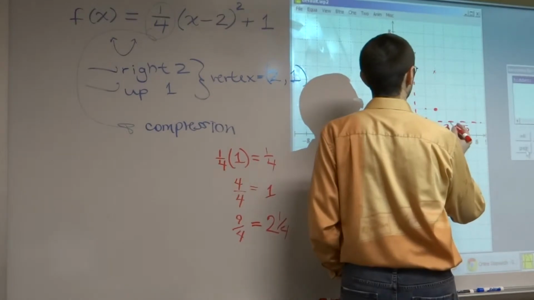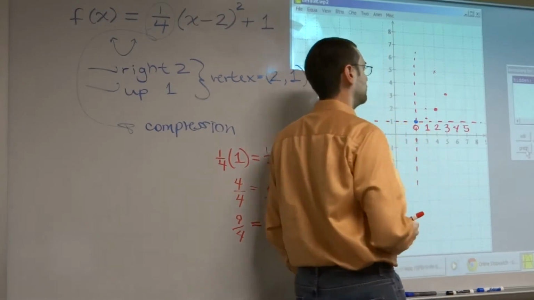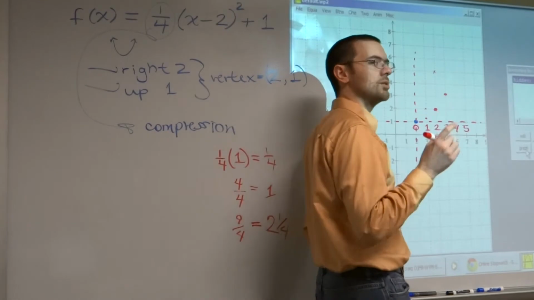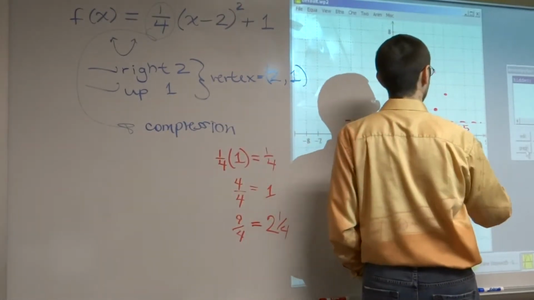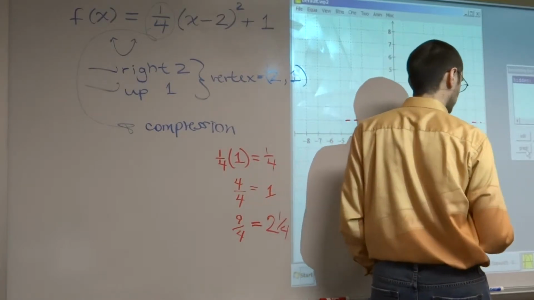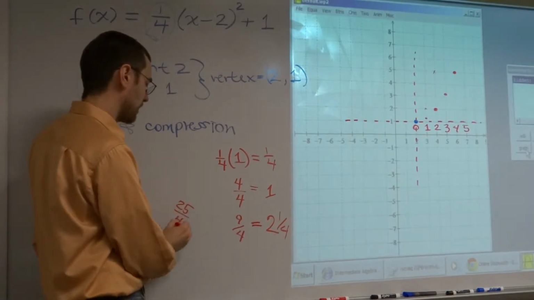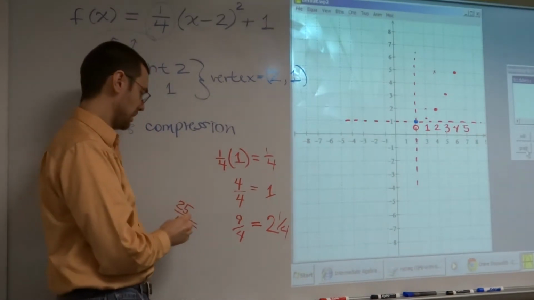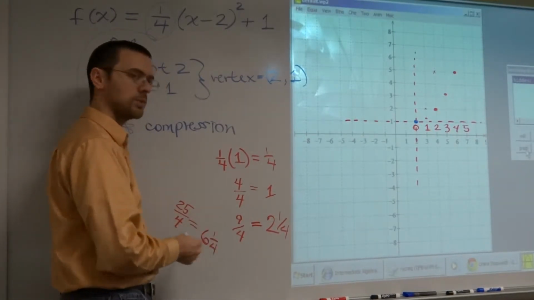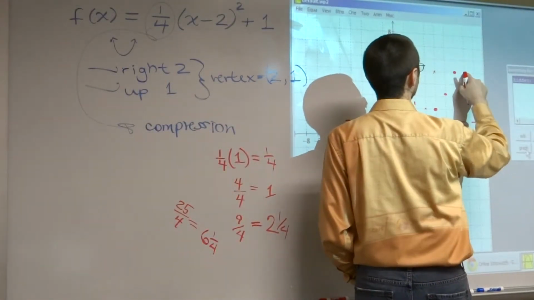So 3 gives me 2 1/4, so 2 1/4 is right here. What about 4? What's 4 squared? 16, and 16 divided by 4 is 4. 5 squared is 25. But now I have to do 25 divided by 4, so I think we're going to run into the same issue. 4 goes into 25 six times with 1 left over, so it's going to be 6 1/4. From here up, 1, 2, 3, 4, 5, 6